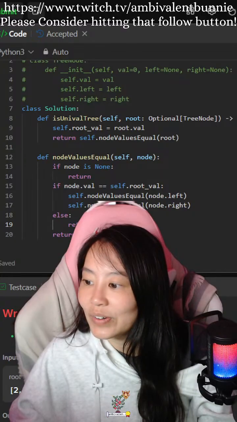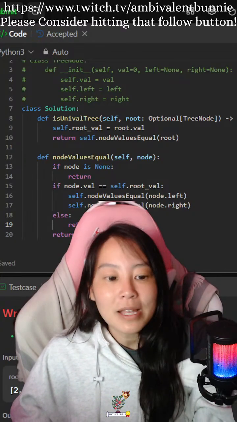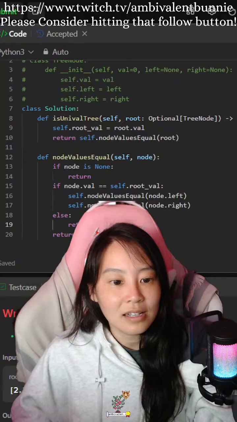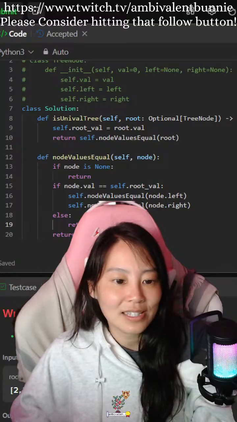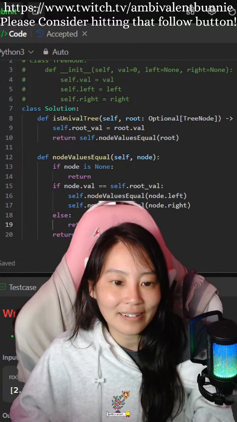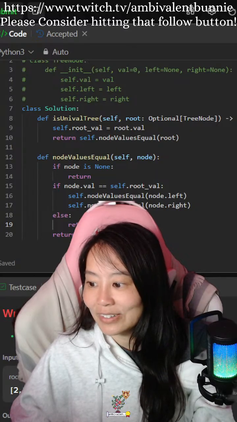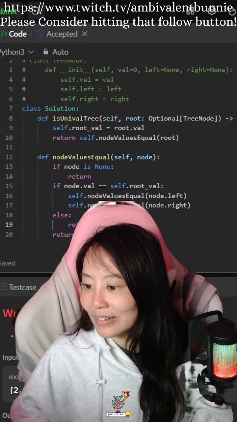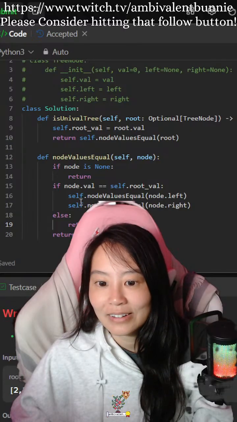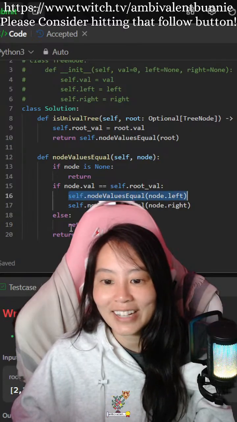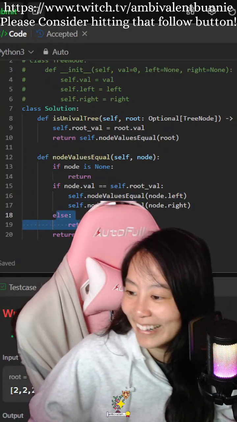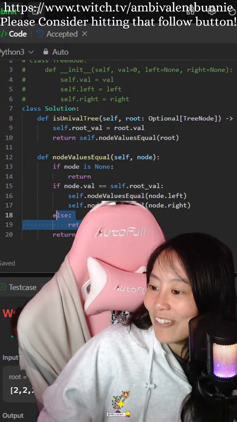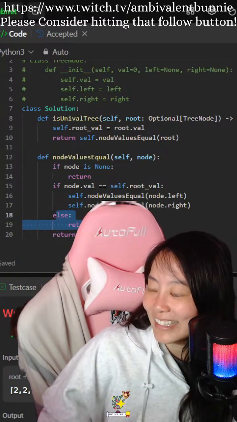Okay, so basically if the node is none, so like if I go down to left or right, it will return. But ideally I would like to return false here. What will you return if the call on line 16 returns false?